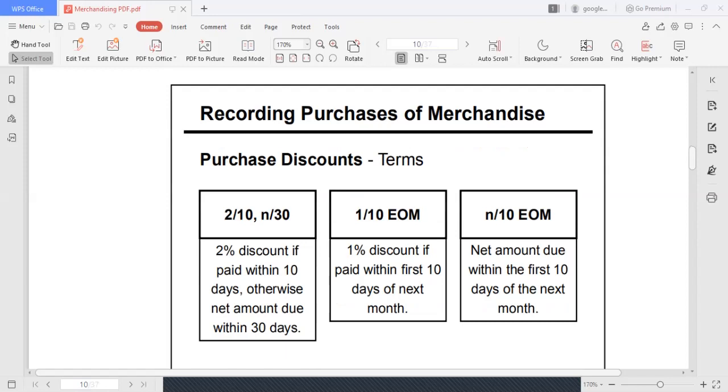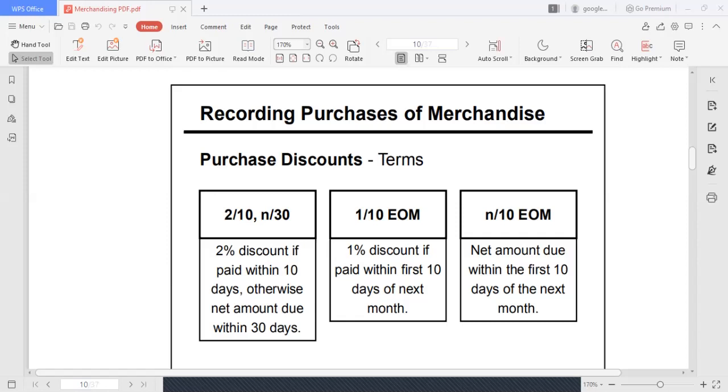So, in terms of discounts, ito yung mga terms na ginagamit natin, 2/10, n/30. So, anong ibig sabihin ng 2/10, n/30? 2% discount if paid within 10 days, otherwise the net amount is due within 30 days. So, from the date of sale, the moment na nag-issue ka ng sales invoice, for example, or purchase invoice na na-receive mo, when you pay within 10 days, you'll get 2% discount. If you were not able to pay it within 10 days, wala ka nang makukuhang discount and you have to pay it within 30 days.